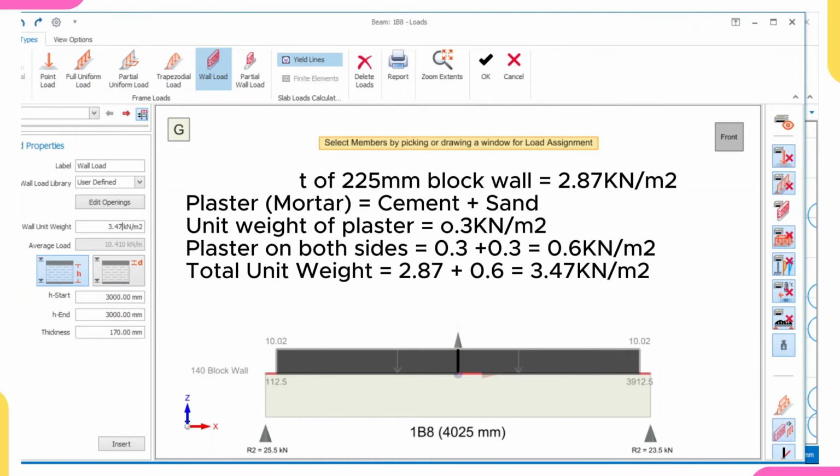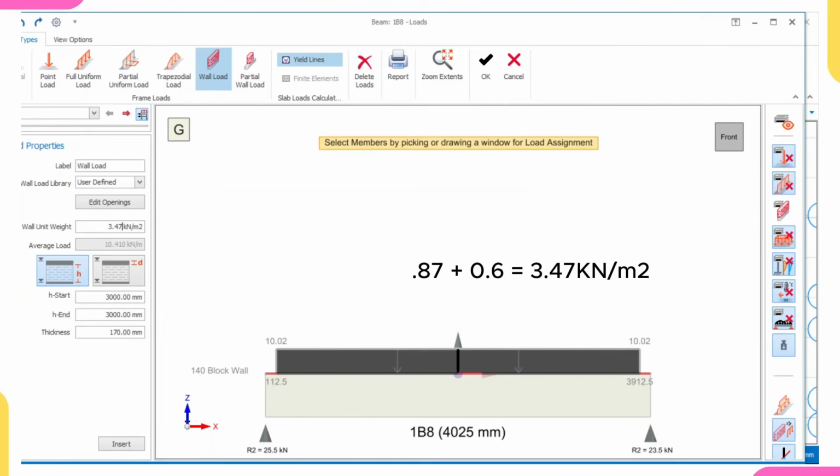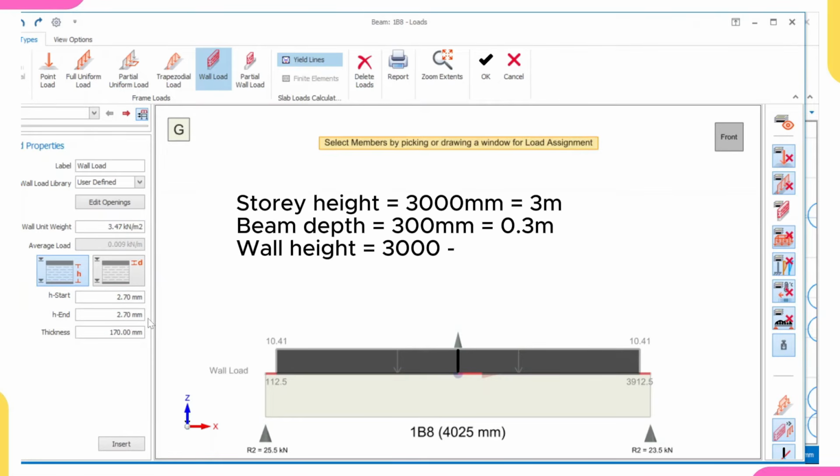At this point, they're asking us what is the height of our block wall. The height of our block wall is 2.7 meters. Sorry, the unit is in millimeter, so it's 2700. Let me explain it to you. If you check our architectural plan, the height of story 1 is